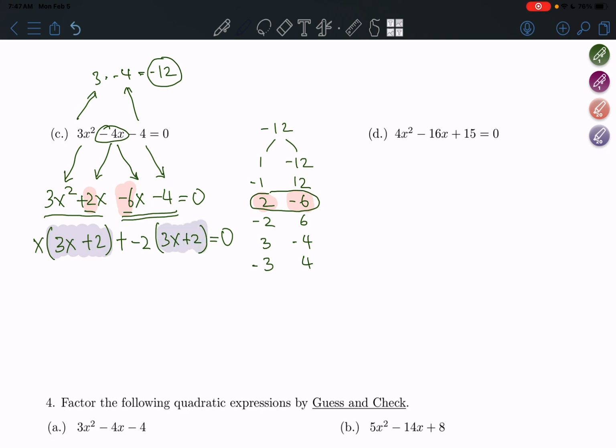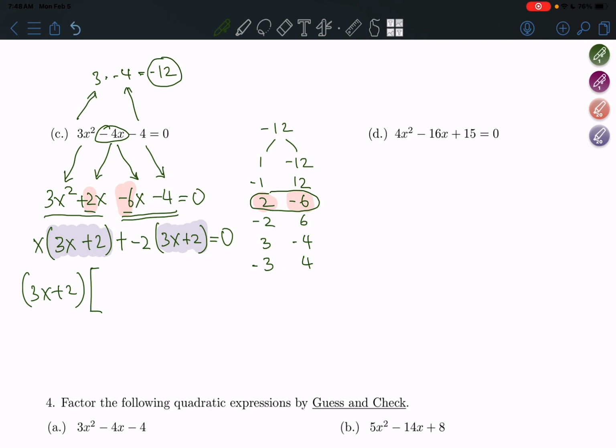This is something that both of these have in common. So let's go ahead and write that out. Factor that out. 3x plus 2. Once I factor that out, this is very similar to example 1 and 2 here. Once I take that out, we can see that